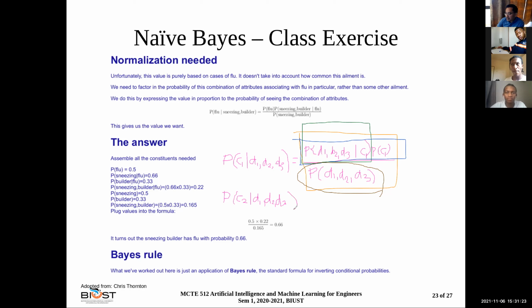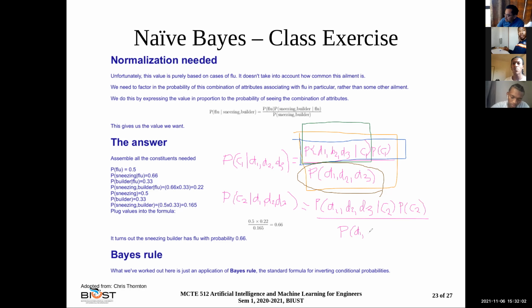Then we can rewrite the whole thing: the probability of D1, D2, D3 given the class C2, times the probability of C2, divided by the same probability of the features